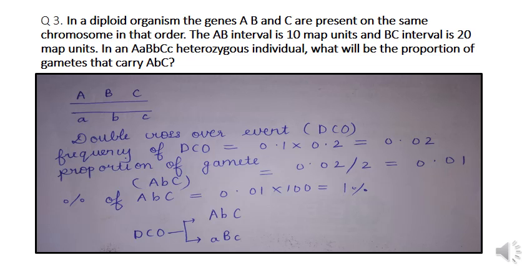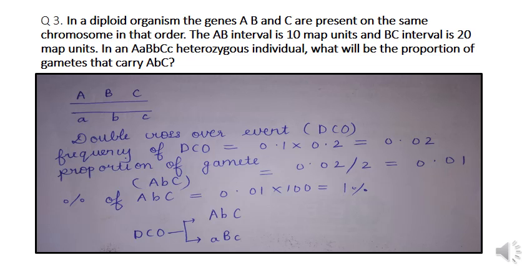The genotype of the gamete is given, and you have to find out what proportion of gametes have the genotype mentioned in the question. So what is the proportion of that particular gamete once the gametes are formed by the heterozygous individual? From the question we can understand that the individual is heterozygous, so it will have both the dominant and recessive alleles, and